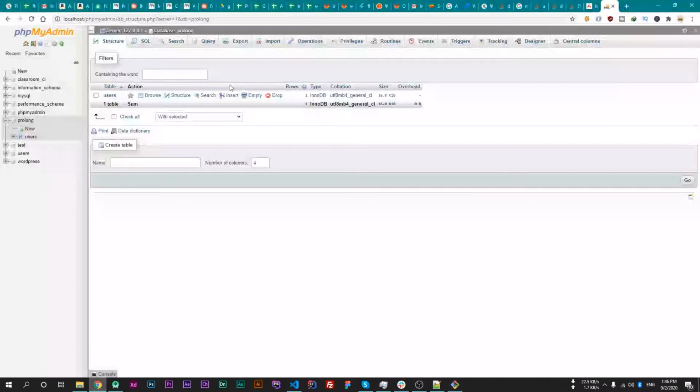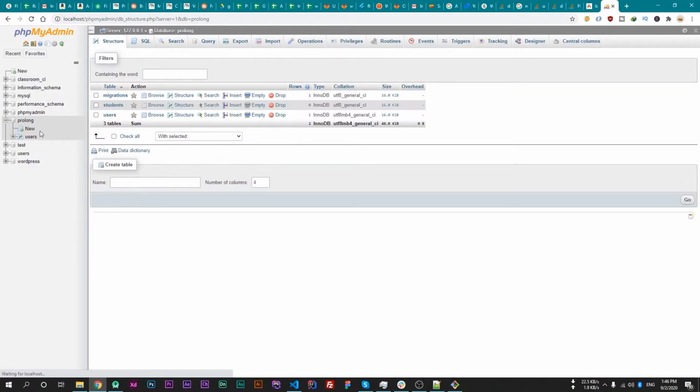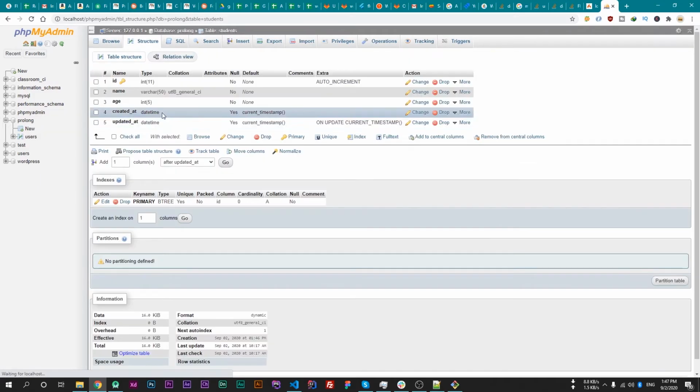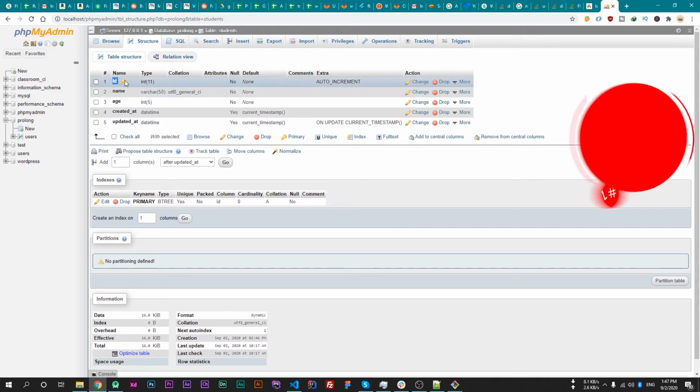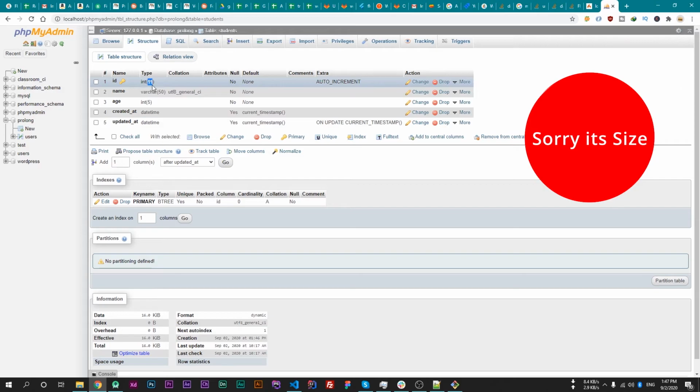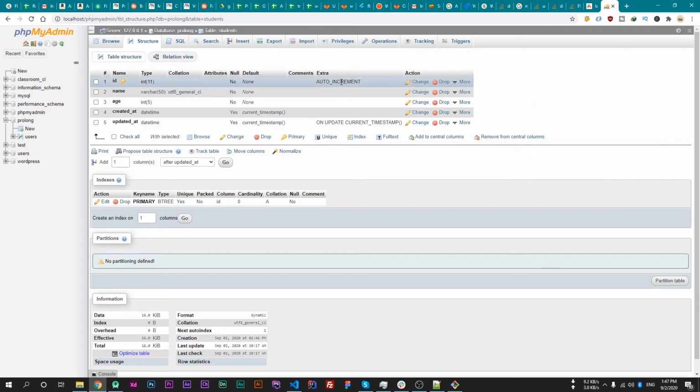Now if we go to phpMyAdmin and reload our database prolong, then you can see we have a new table which is named students. If we open this and go to the structure, you can see we have id, which is of type int with value 11 by default, set as auto increment, and it is a primary key.